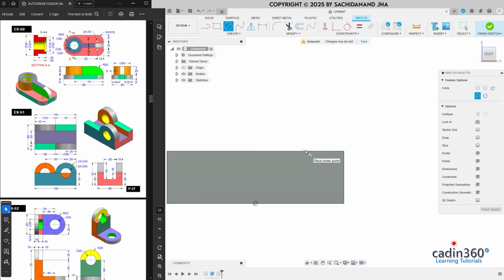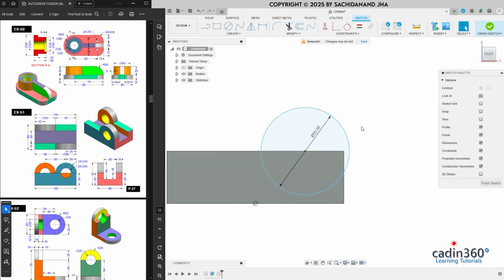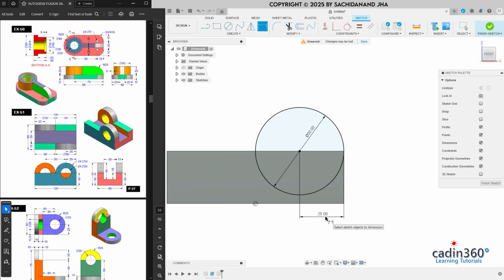So circle dia 50 and the distance of this semicircle center from this edge is 25. So select this point, select this one and then specify the distance 25. Next thing is we want only semicircle. Okay, so simply trim this one and then